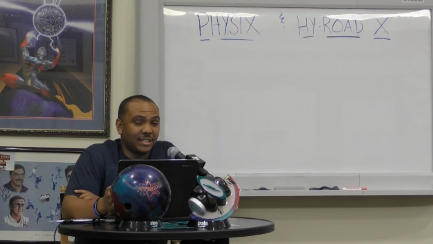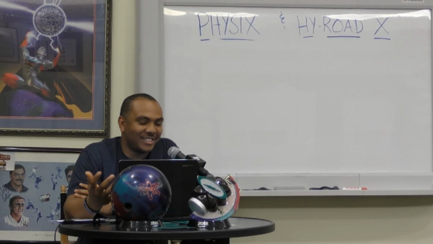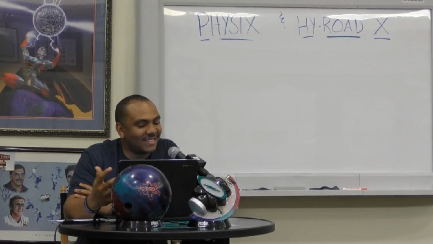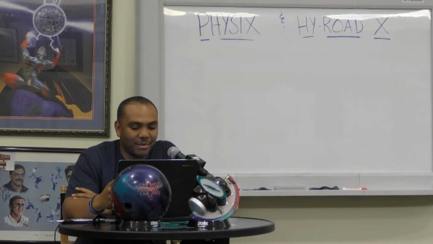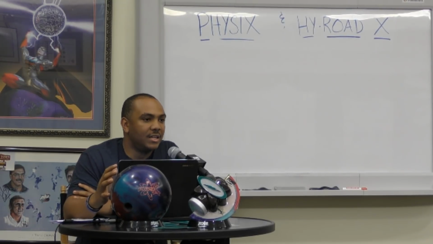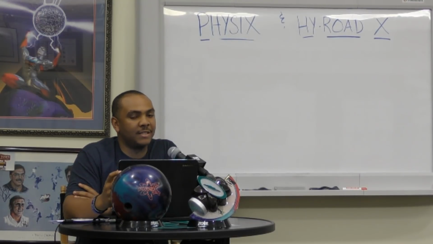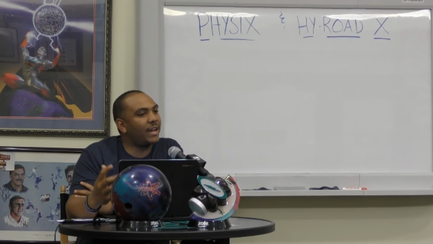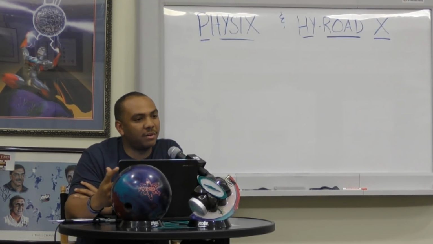Yeah, weirdly enough, I have heard a lot about the High Road X. It's just the nostalgia of that ball altogether. It definitely caught some eyes. From a player standpoint, the Physix is going to be a ball that can really fit a lot of players, and that's one thing I want us to reiterate as much as we can, because with the 5 and ace, we kind of get caught in that same trend we talked about before, where players are like, I can't really throw asymmetrical balls. It's a tough one for me.